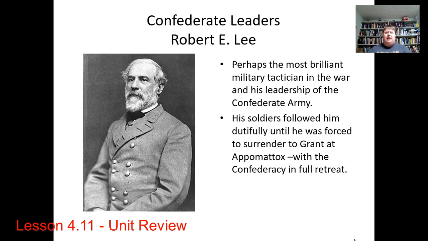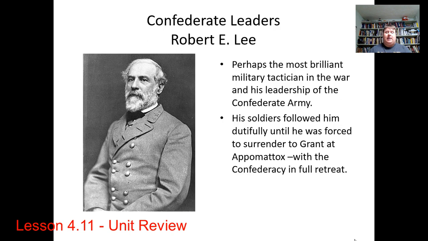Now, looking at the other side, Confederate General Robert E. Lee was the leader of all the Confederate forces. He was so well known. He had been the captain that captured John Brown. Remember, the man that took the arsenal at Harper's Ferry, Virginia. He's known as the sectionalism guy because they thought he was a hero in the North and a traitor in the South. Robert E. Lee was the captain who captured him. He was very well known, very well respected. They knew he was a brilliant military tactician.